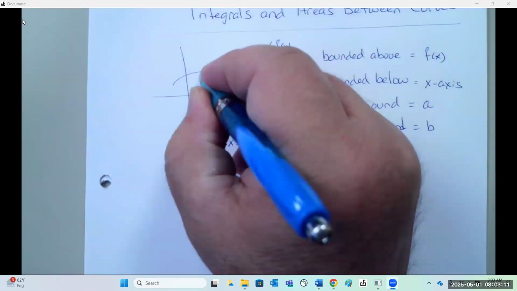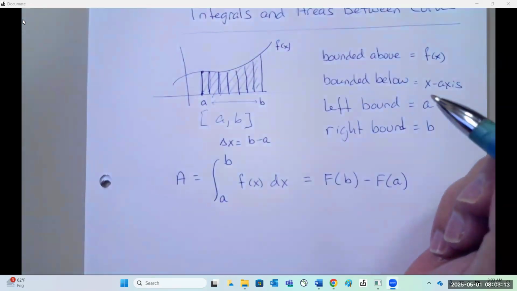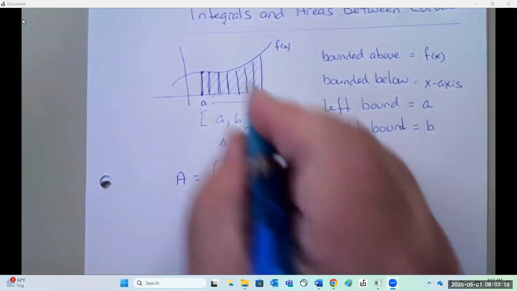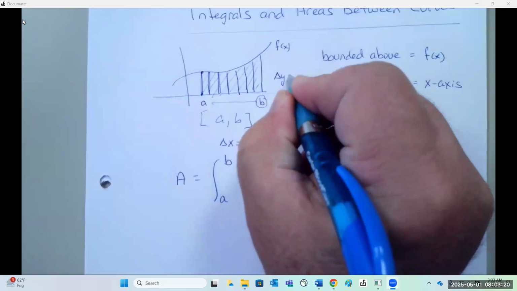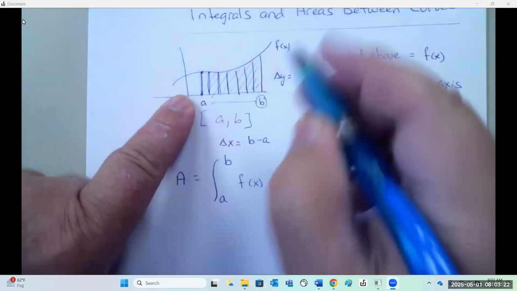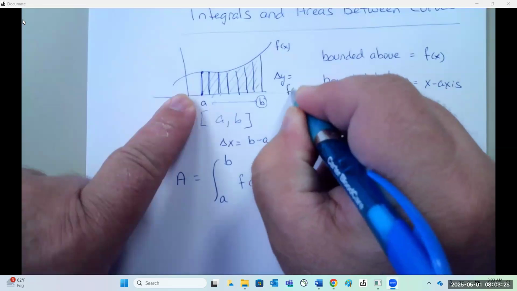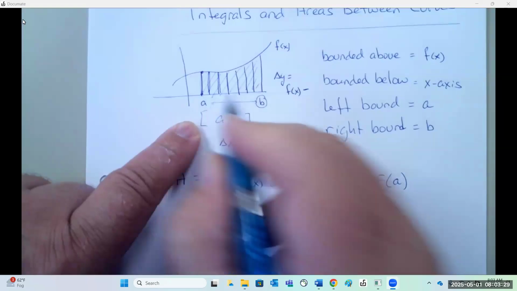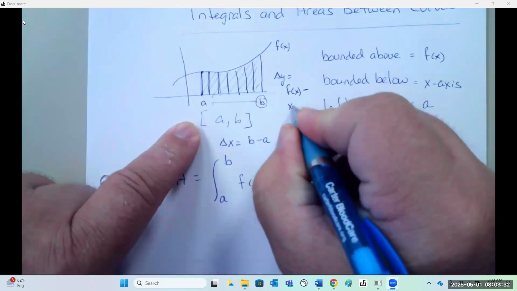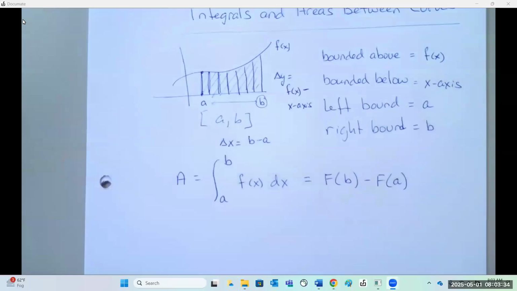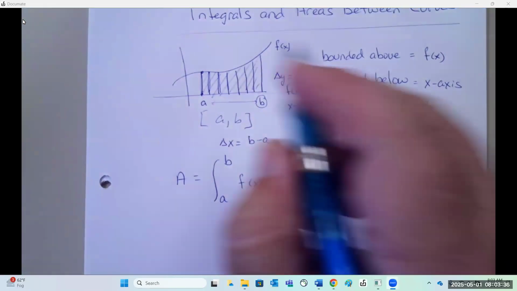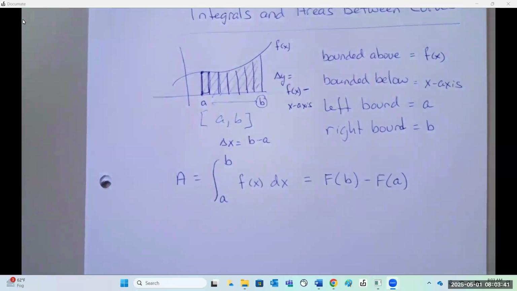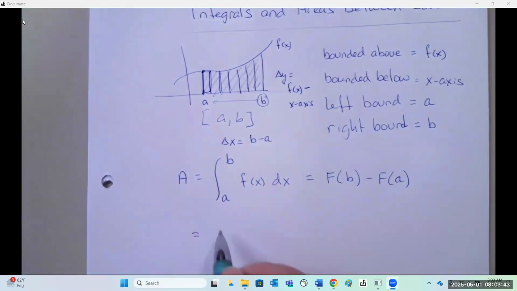So how high is this? In this, we go larger minus the smaller. So what would delta y be? What's the higher? It's the f of x minus what's the low end? It's the x-axis. So that's how we parametricize and find that rectangle. So our formula